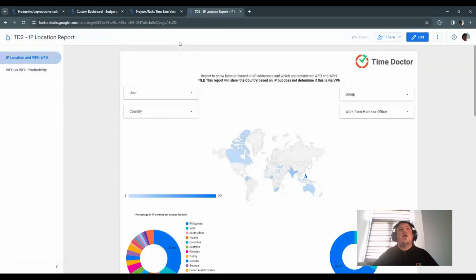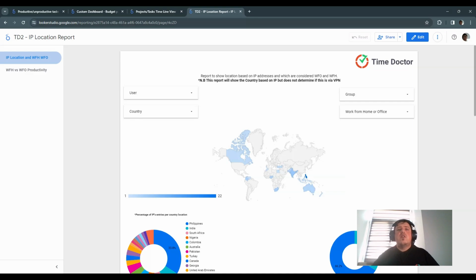Finally, we come to our last report, which is our IP location report. This IP location report was built from a use case where a client wanted to identify where their users were based and what their organization looked like geographically. What we have been able to do with that experiment is enhance that report so that we are not only able to provide a complete geographical outlook of what your organization looks like, but in terms of